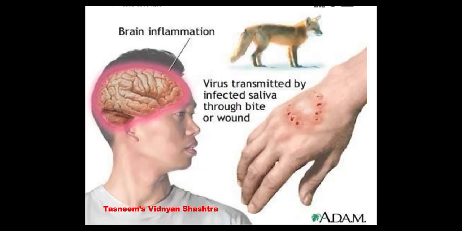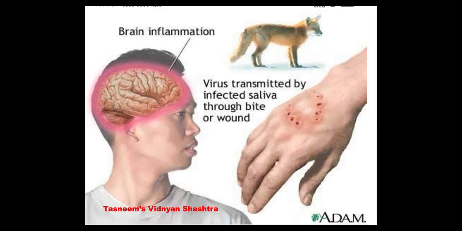When the saliva enters through the wound, it enters the peripheral nervous system directly and then migrates to the brain, and it causes brain inflammation. When the problem becomes severe, the brain starts behaving negatively and sometimes shows symptoms like dogs, because it enters the nervous system. There it produces acute inflammation of the brain, coma or death.